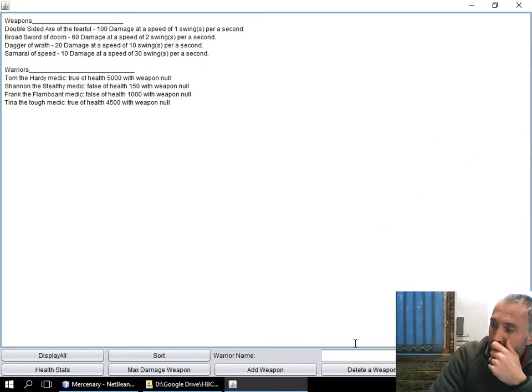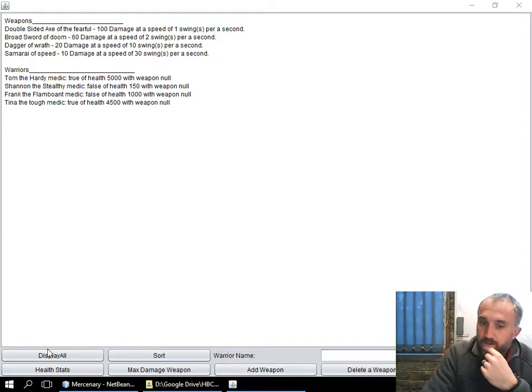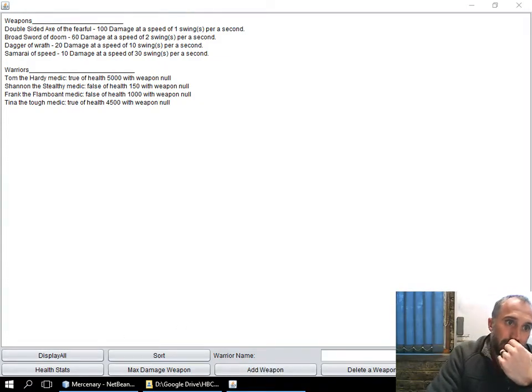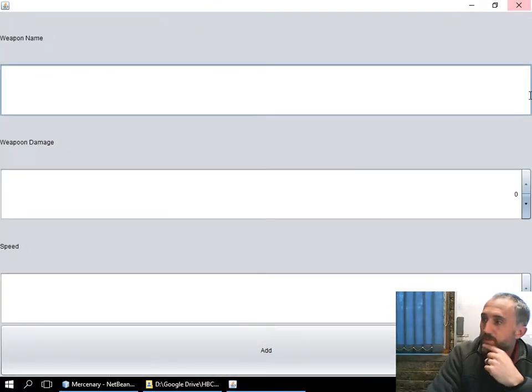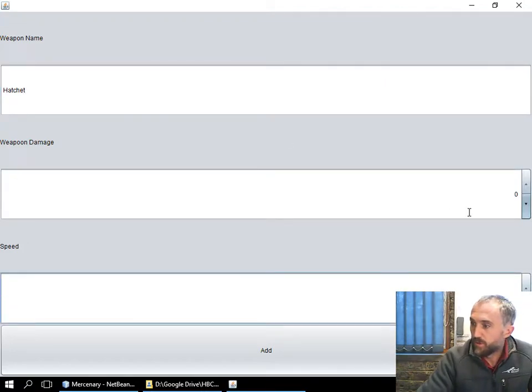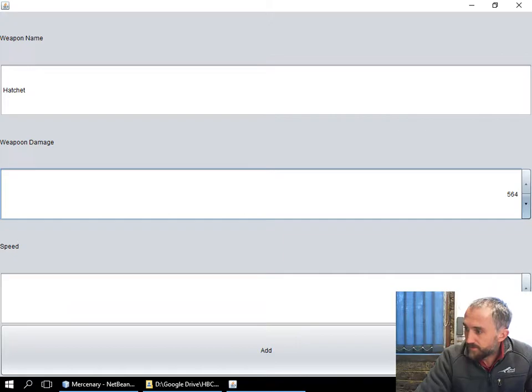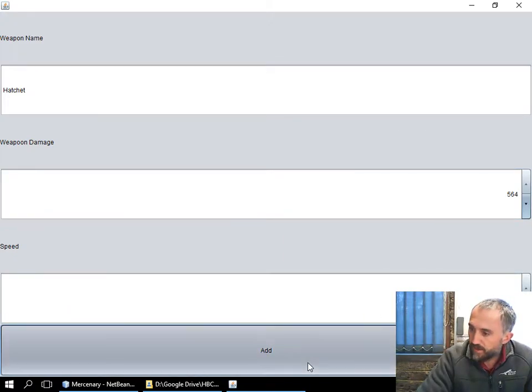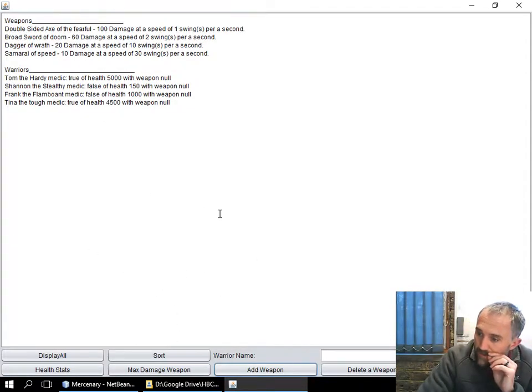So you'll see my frame is working here. When I go add weapon, it'll open up another frame which is on a different window, sorry about that. So I'll open up this frame here. I could then type in weapon name, so hatchet, weapon damage, whatever, speed, add. Okay, now we haven't updated our display, but if I click display all again,